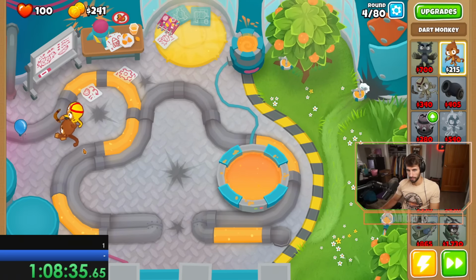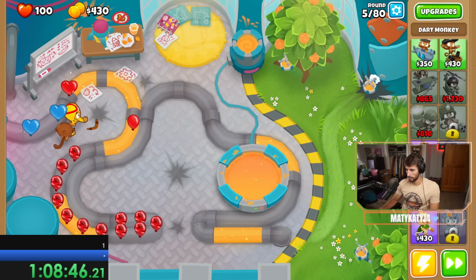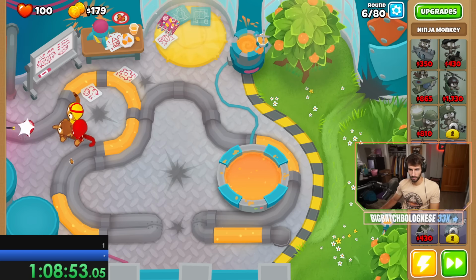This took out rounds 3 and 4, but round 5 starts with camo reds. Luckily, we had just enough money to get a ninja to take these out. So now we have 3 base monkeys to start the game. I was worried how much this would set us back, but it was actually strong enough to let us get